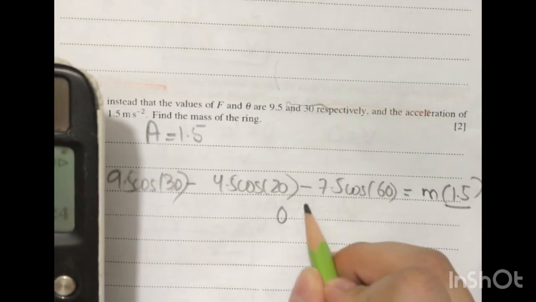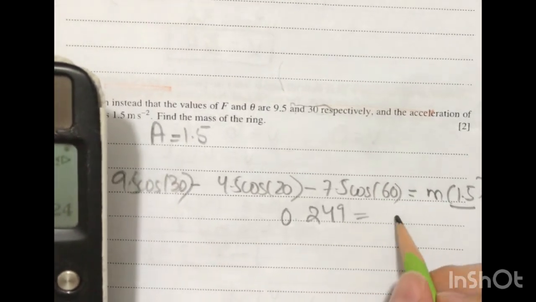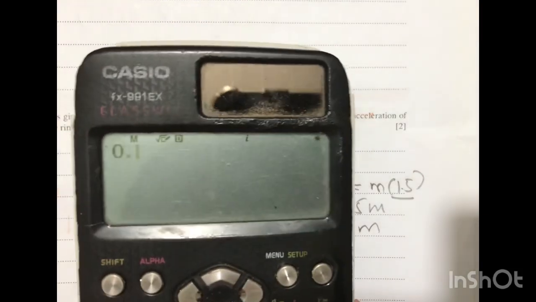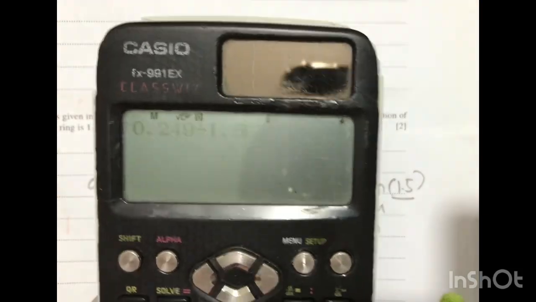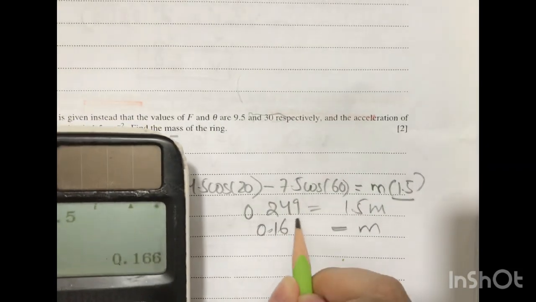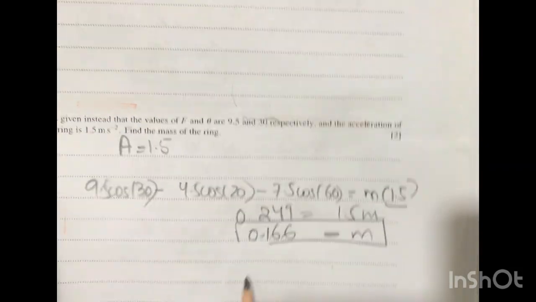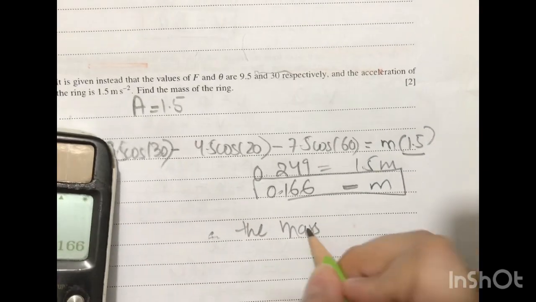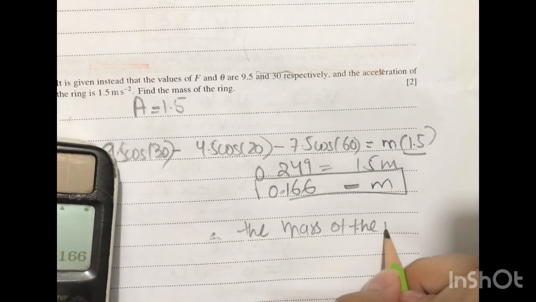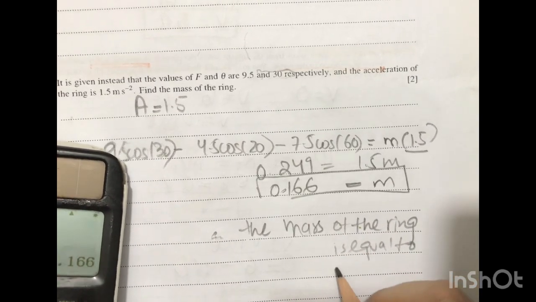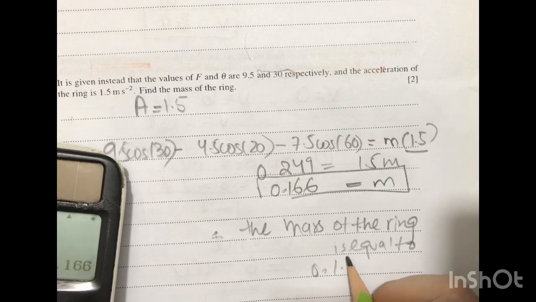is 0.249, which is equals to 1.5 m. So the mass must be equal to 0.249 divided by 1.5, which is 0.166. So we can write the mass of the ring is equal to 0.166